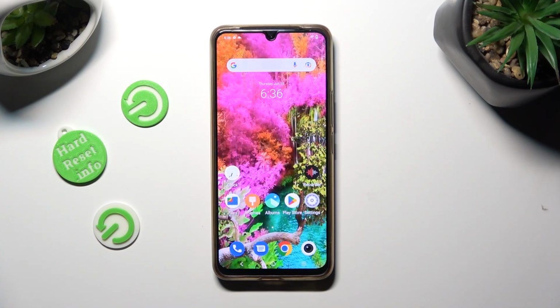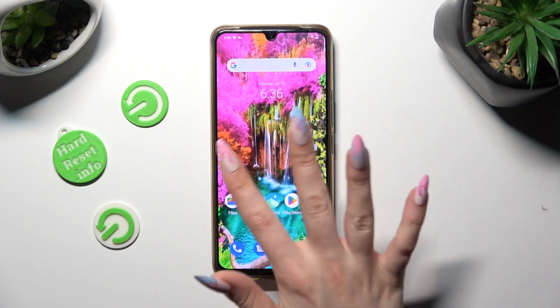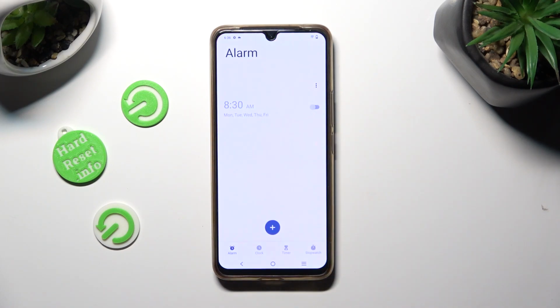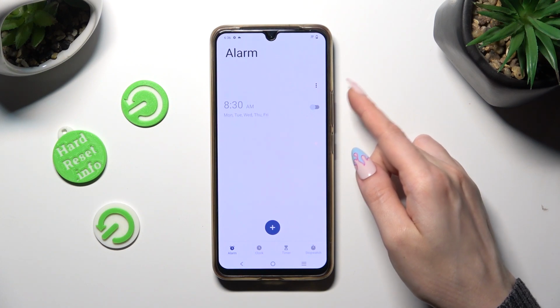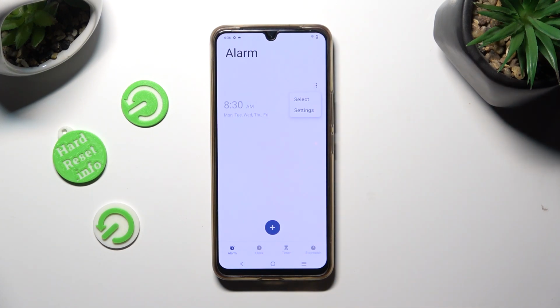You need to begin by accessing Clock app. Following that, select Alarm section at the bottom left corner if it's not already on. Then click on those three dots on the right. Tap on Settings